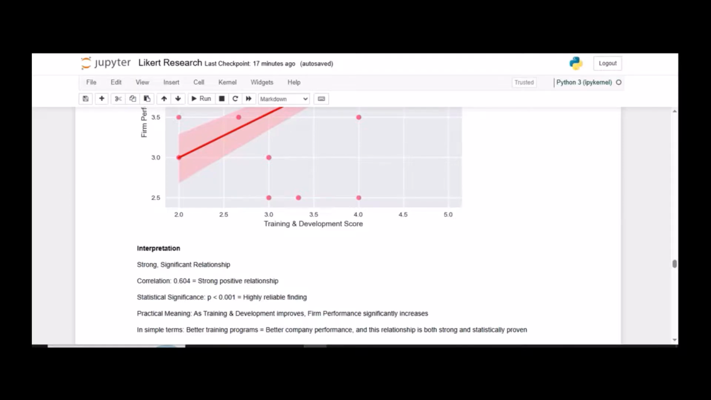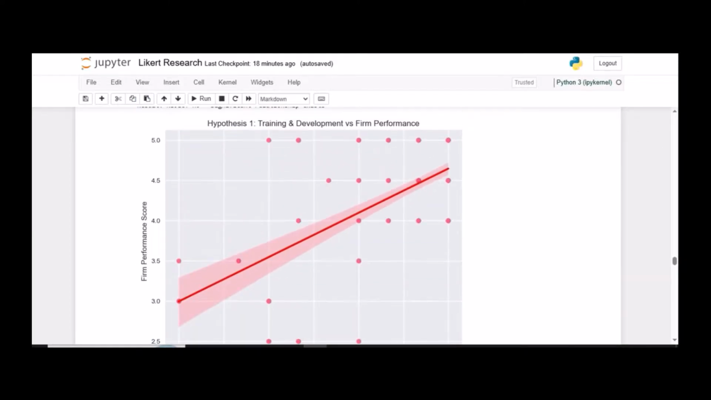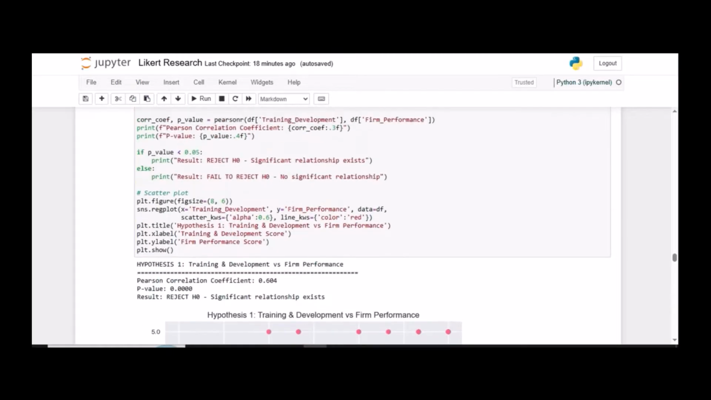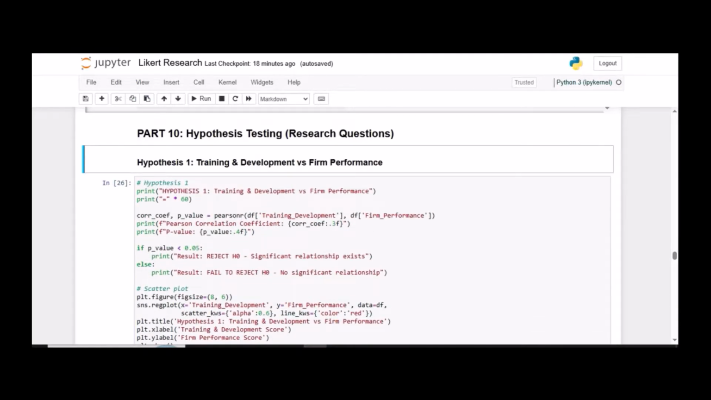All right, that is what you have done. So there's a very simple interpretation, and you can give it. We can also explain further in our discussion section, if you are writing an article for journals, or you are writing a manuscript or a thesis. It's very simple. So this is what we have so far under hypothesis 1, which is our training and development